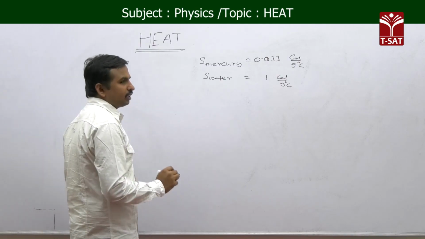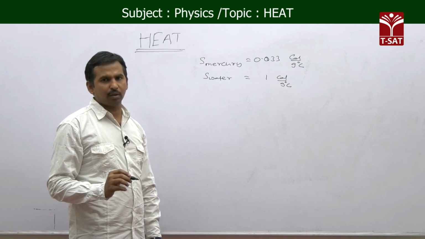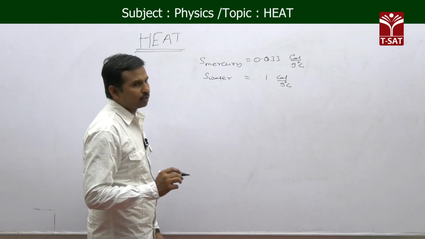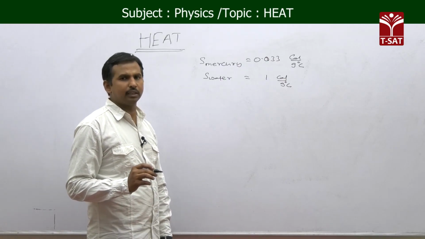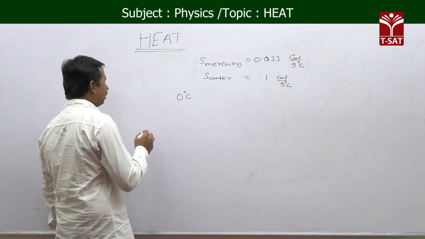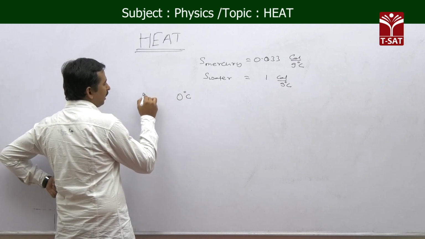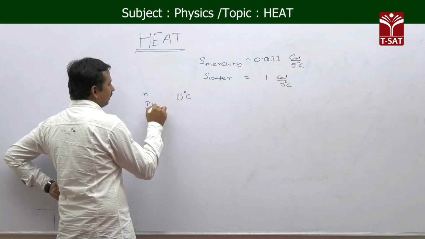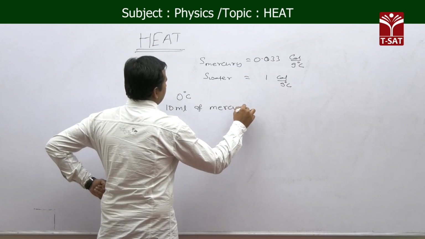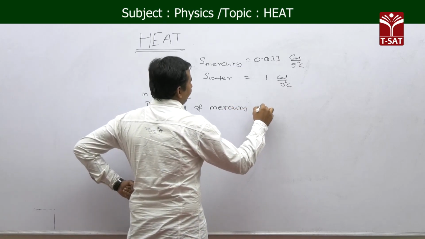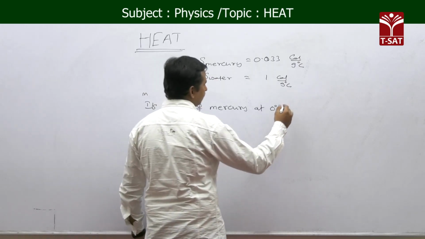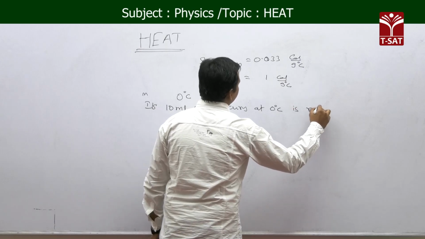And if you are making that temperature reading on the mercury thermometer, let us suppose you are taking 0 degrees Celsius on that scale. Okay? 0 degrees Celsius means I am taking mercury of 10 ml. So if 10 ml of mercury at 0 degrees Celsius is raised to a temperature